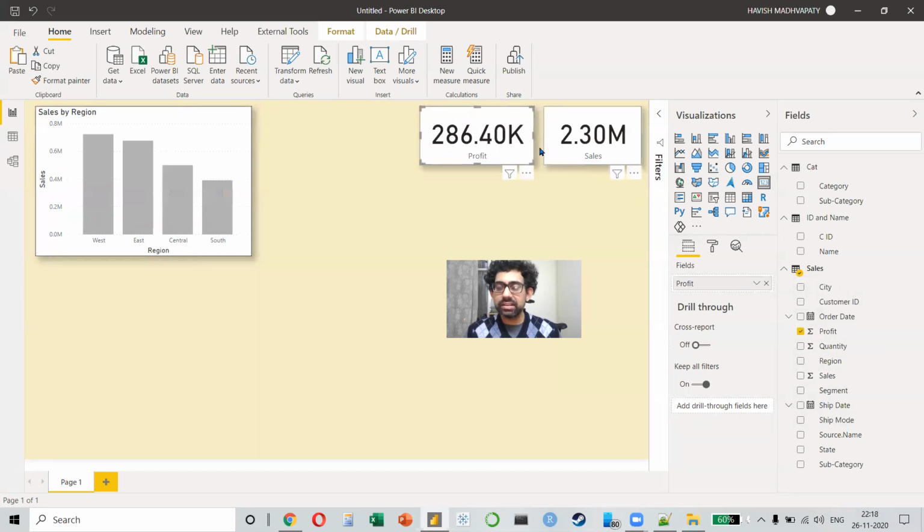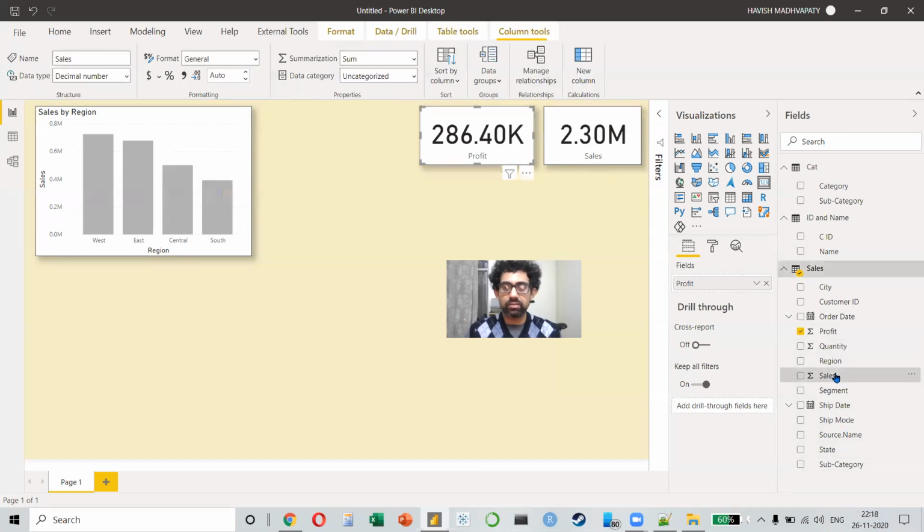Now obviously this decimal place is there, that's okay for now. But I don't like the decimal place in the chart. It's giving me 725,457.82. So we want to make sure to select sales, go to column tools and set it not to general but to a whole number so that it doesn't show you the decimal place. Same thing here also. I will select profit and make it a whole number.